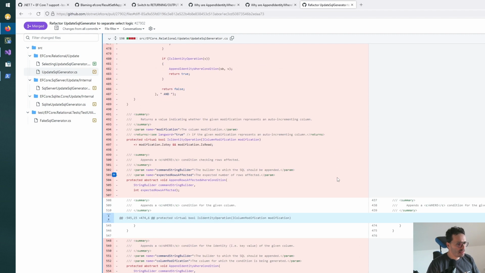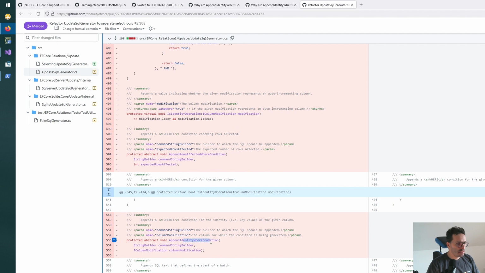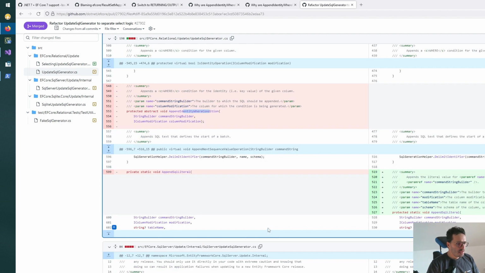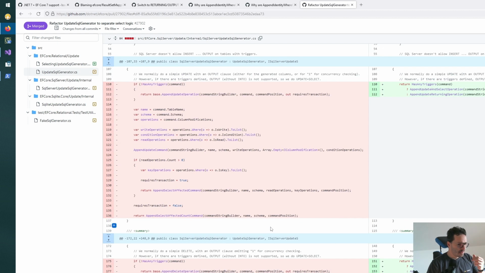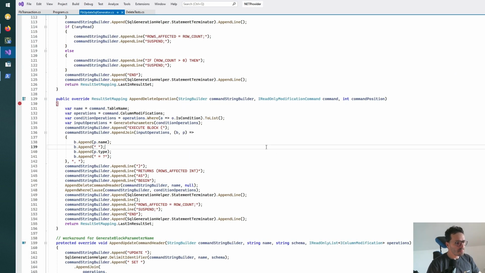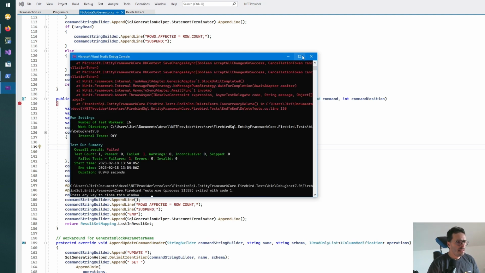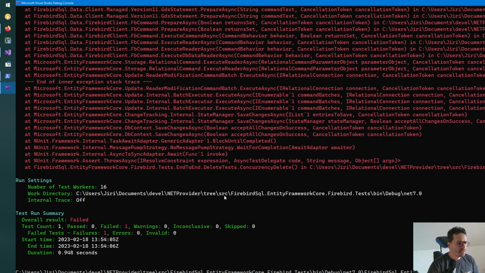There should be some abstract, yeah, there's the identity where conditioner was removed. So let's run it again and check the